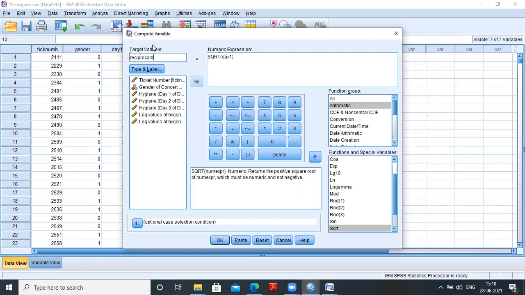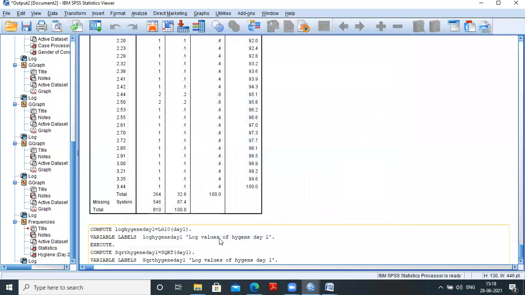Reciprocal hygiene day 1. This is reciprocal. It is not given here, then you can use it like this, 1 divided by hygiene day 1. This is the reciprocal. Okay, and these are the values.